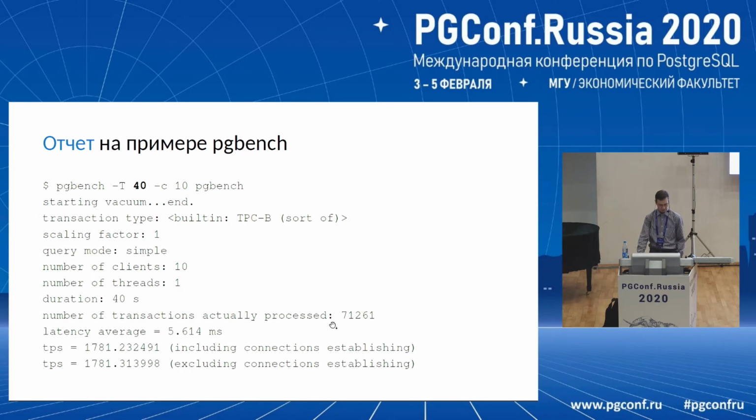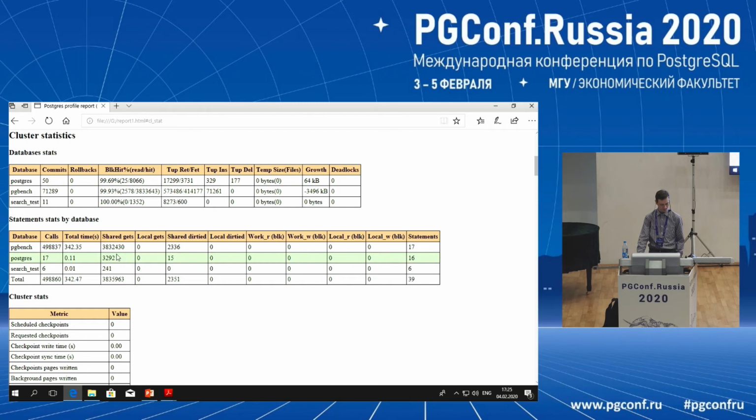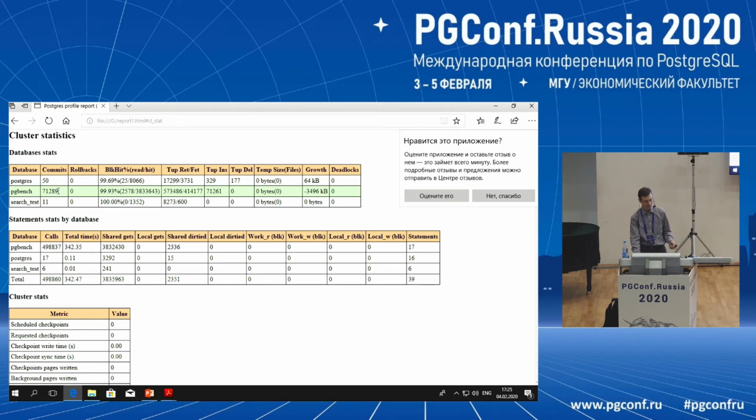Yes, this one. And here we can see that we had 71,000 and something transactions, and there are slightly more here. This is understandable because the report was gathered a little bit beforehand and a little bit after, and the PG bench did that. So I understand that there were more transactions that happened in the database during this period of time, and this is for the statement on the aggregated statistics on PG statements, how many queries happened